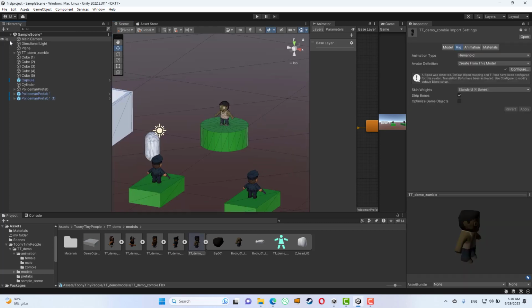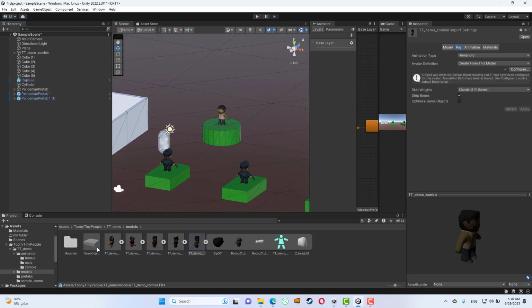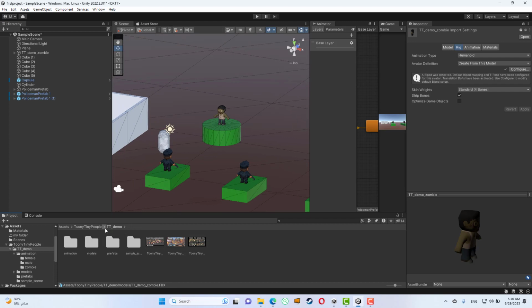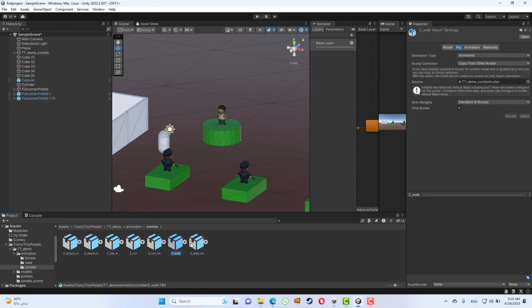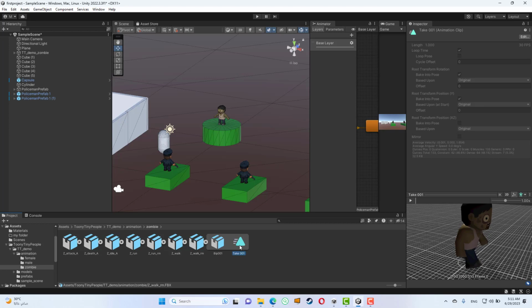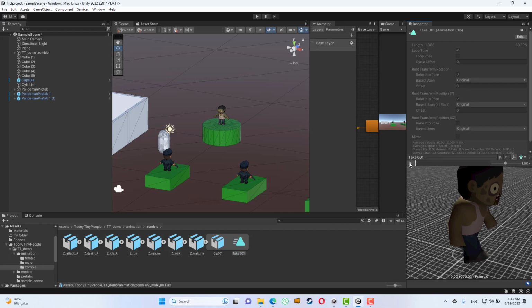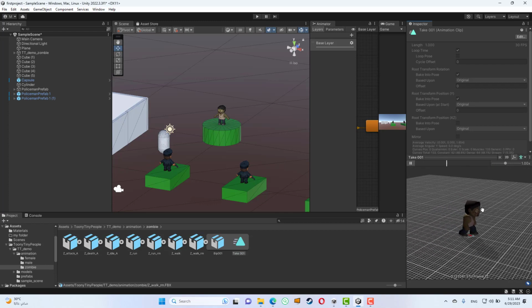We will go back to the folder of Toony Tiny People, animation, zombie. It has multiple animations, all of them with the FBX extension. To extract an animation from an FBX file, this is the animation file. Once you click it, you can find a preview, and you can click play, it will show this animation,